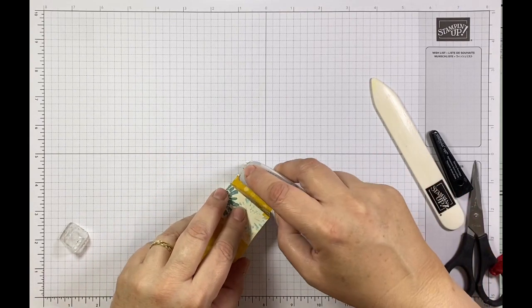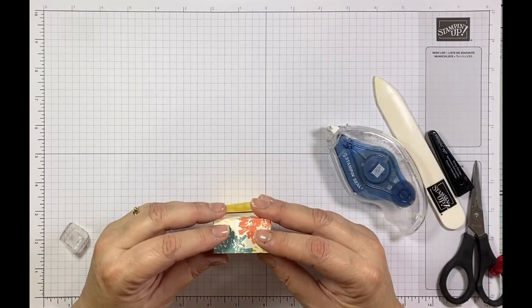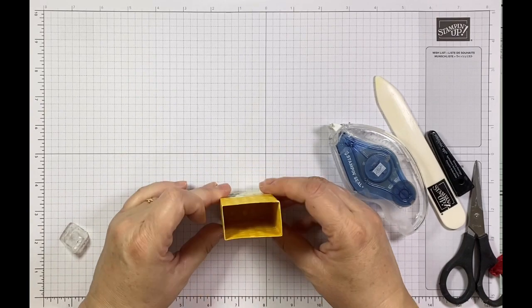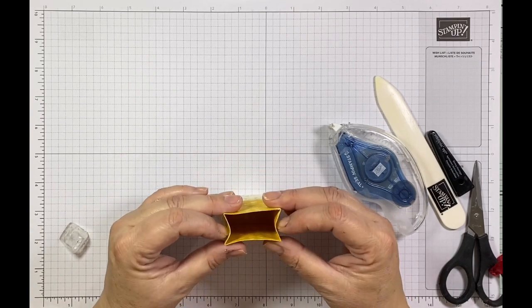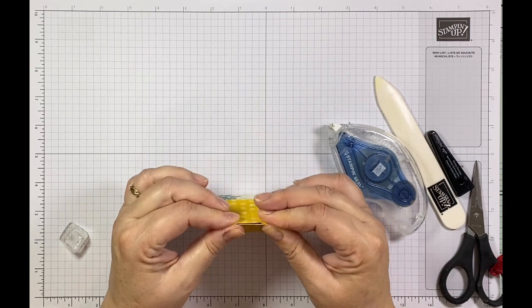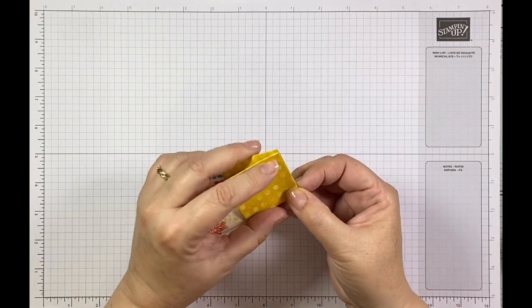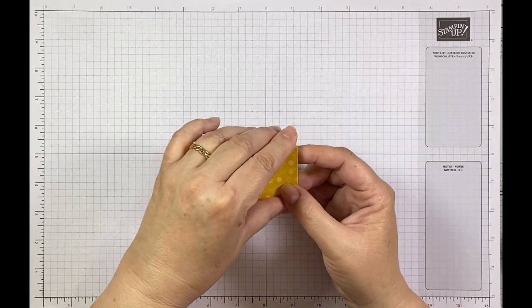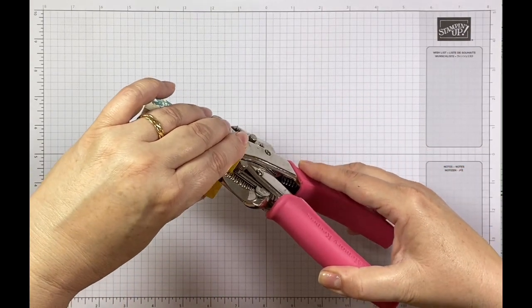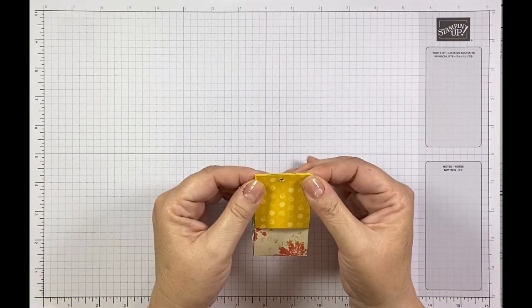And then I'll pop a little bit of my Stampin' Seal, and then I'll bring this one over and press that down. And that is the little gift bag base. And then I'm literally just going to squeeze these two in and pinch. Okay, so I'm going to pinch this together, and I'm going to need to turn it just like this, and then I'm going to use my crocodile to create a little hole just roughly in the center, and then I'll